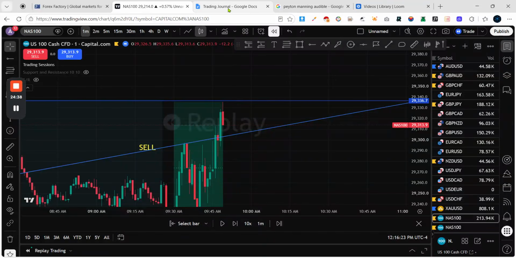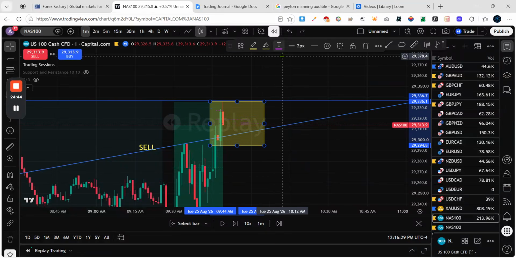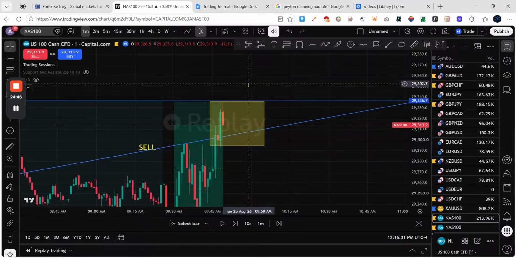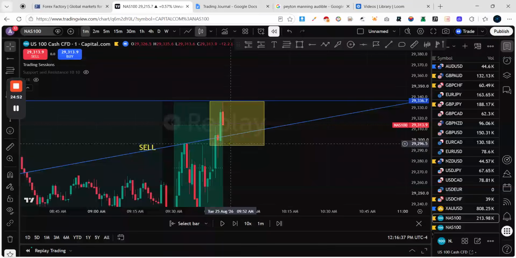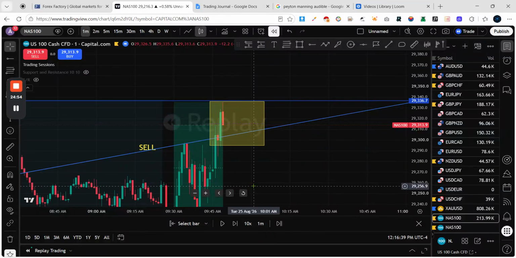a super aggressive entry. A super aggressive entry is once this zone, this green candle, is engulfed, I get in. A regular aggressive entry is just wait for price to come, and as soon as price taps it, don't wait for the candle to finish, get in for a sell. A conservative entry is just pretty much wait for this candle that taps me in